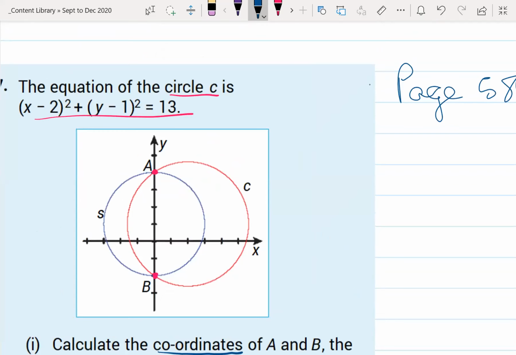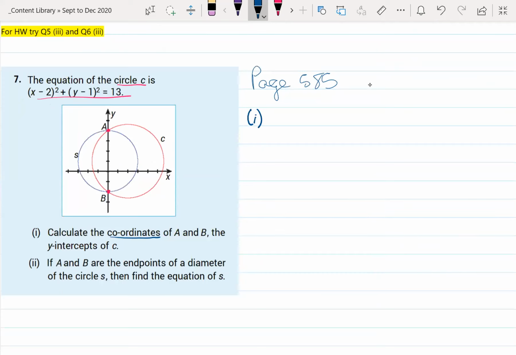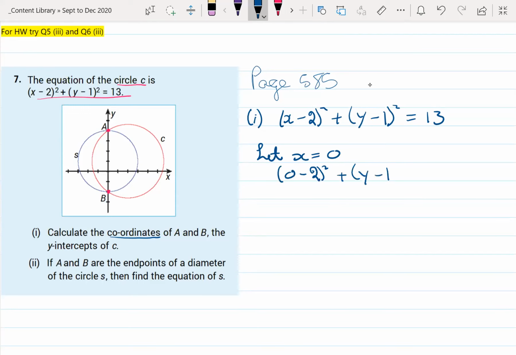So let's write down that equation. It's (x minus 2) squared plus (y minus 1) squared equals 13. Now, where any circle or line cuts the y-axis, you have to let the x coordinate equal 0, as I explained in class the last day. So where x is, let's put that 0, and then we can figure out the y bit. So you're left with basically minus 2 squared,